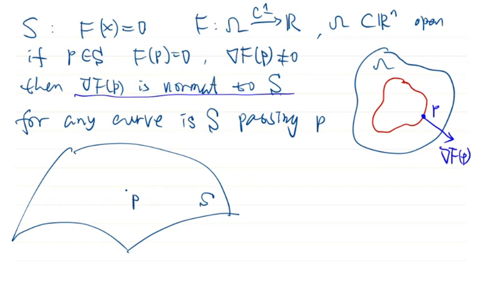So for every curve lying on S and passing through this point, the tangent vector of the curve at the point P is perpendicular to the gradient of capital F at the point P. Here S is the set